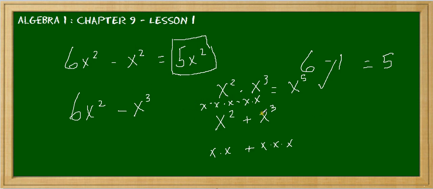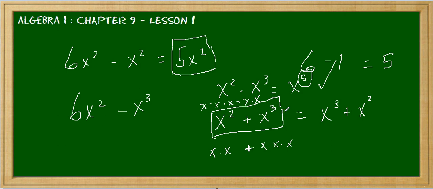Now you're just multiplying them. That's x to the 5th power. But this is different. We're not multiplying. At this point, we're adding. And once we add, we can no longer further simplify. So an answer to a problem could look very much like this: x squared plus x cubed. In fact, we'll learn later on that we would write this x cubed plus x squared because we write them in descending degree. Okay,